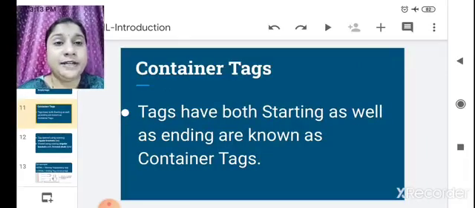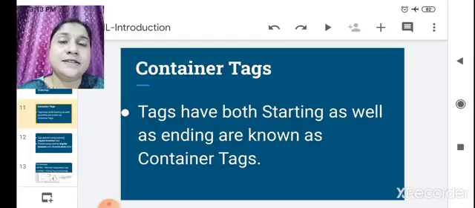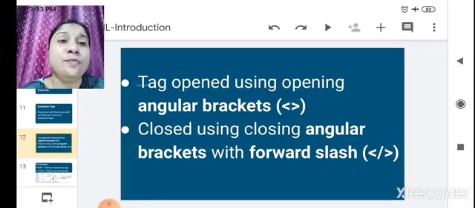Okay, a container tag has both a starting as well as an ending tag. This tag has a starting tag as well as an ending tag. That's why it is called a container tag. Now you can see here the tag is opened using opening angular brackets.